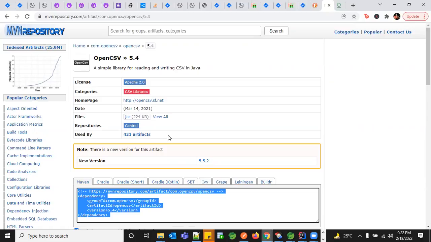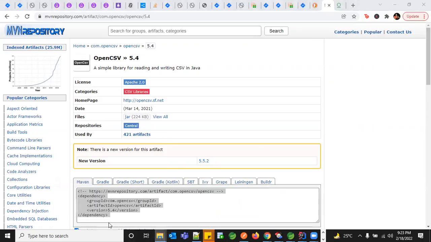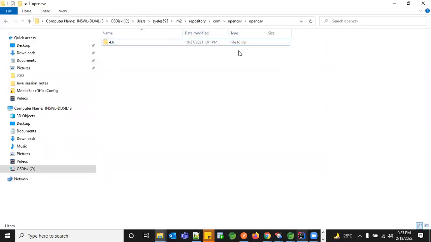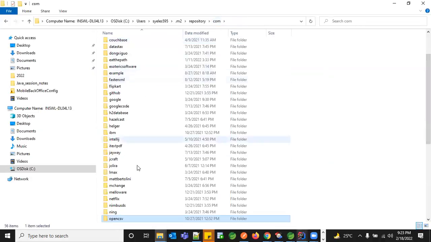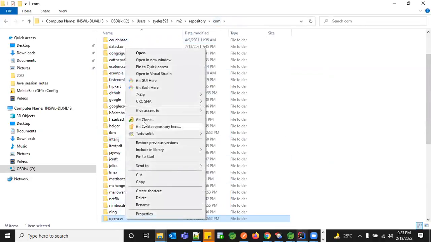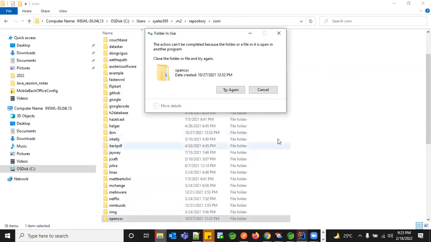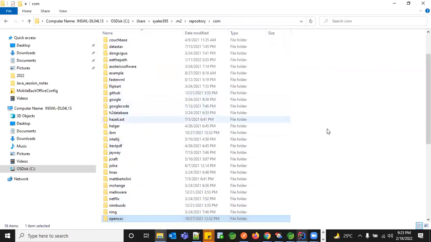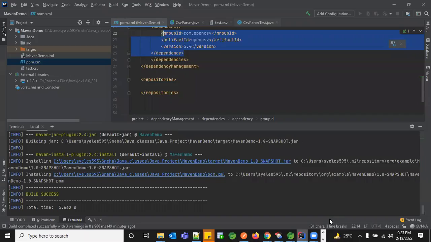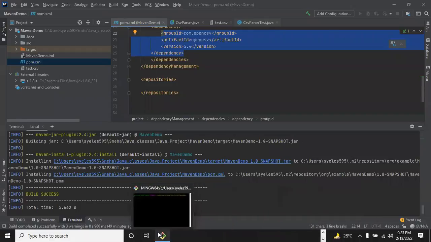Okay. Can we delete the folder and try building once again, so that we can verify that 4.6 is getting installed again? Sorry, what do you want me to do? Can you delete that open CSV folder and then build it again? Right now it's somewhere open. Just a minute.